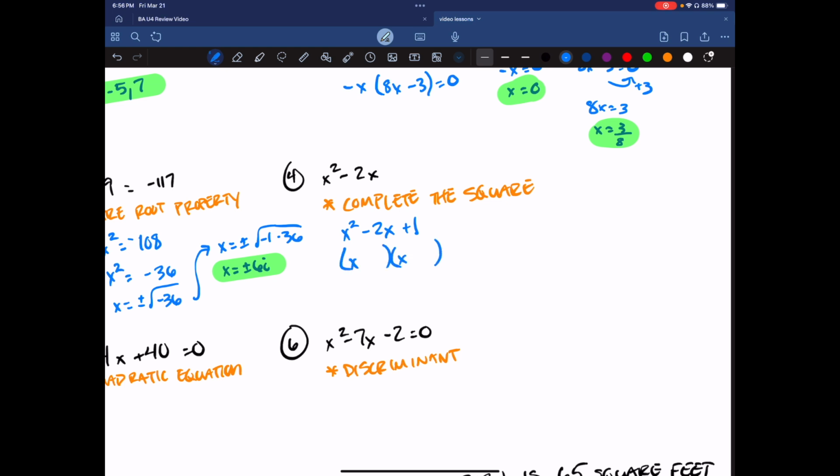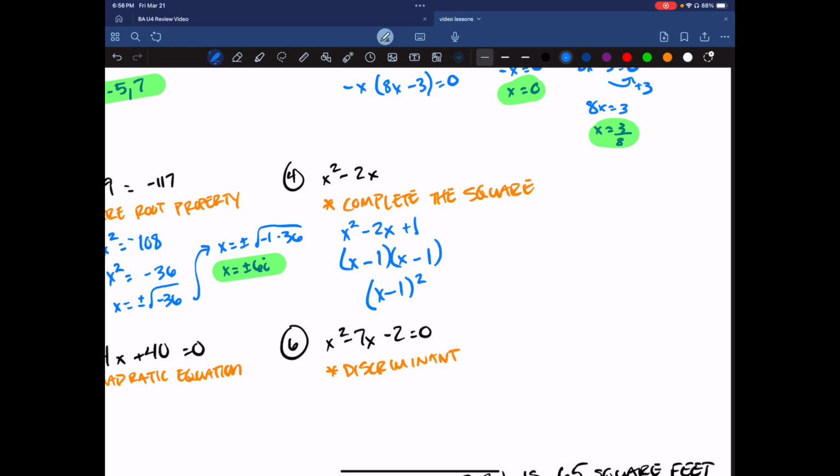You get x and x. The second sign is positive, so both signs are the same as the first. So you get negative, negative, and then the factors of 1 are 1 and 1. And so you get x minus 1 twice, which means I can rewrite this as x minus 1 all squared. And I say squared because this is the square that we're trying to complete, right? Whether there is a third term there or not, you can always use this process called completing the square to